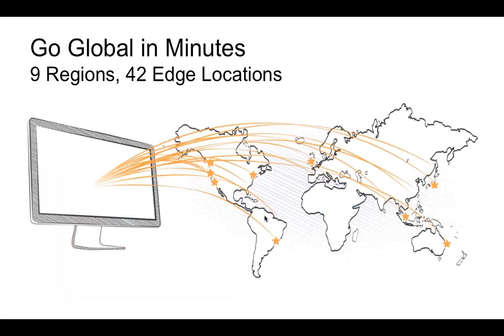As an effect, using the cloud, you can go global in minutes. There is nothing preventing you from going global with your service. You can start in your own region, but if you think that your service has global appeal, you can basically just replicate your system using, for example, CloudFormation templates and just deploy it in all of our 9 regions if you want. And then to speed up the content delivery, we have 42 edge locations. The edge locations are hosting our Route 53 DNS service and the CloudFront Content Delivery Network.